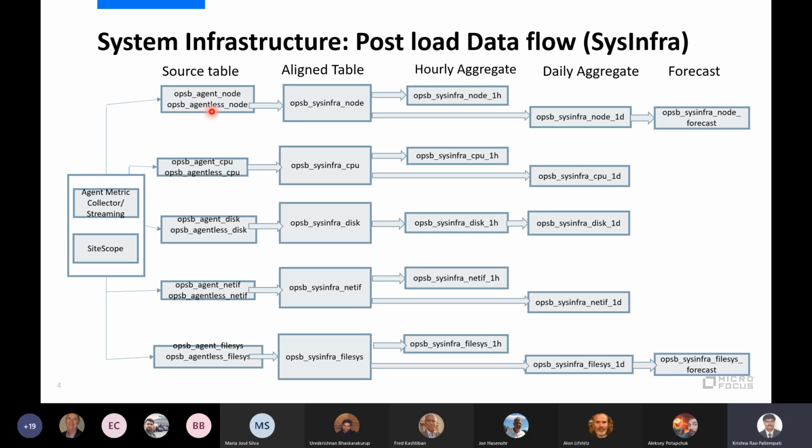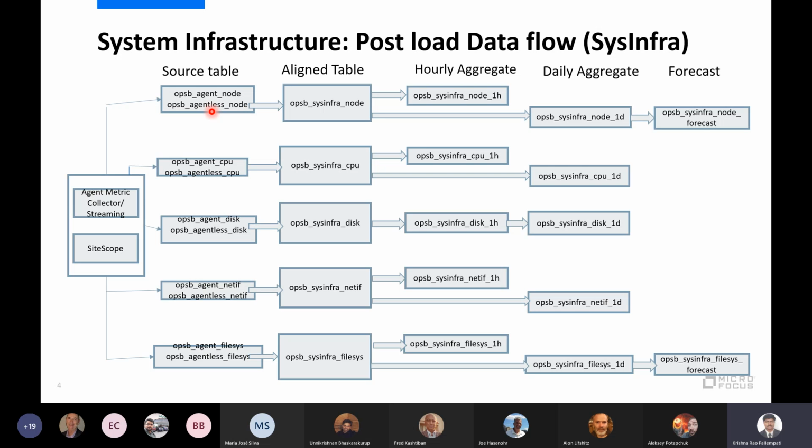For this configuration of streaming to database tables, take the agent metric collector as an example. Yesterday Rahul explained that the agent metric collector is one of the components where you mention the data source type category and the destination table. You give all this information in the collection policy, which is bundled along with the system management content.